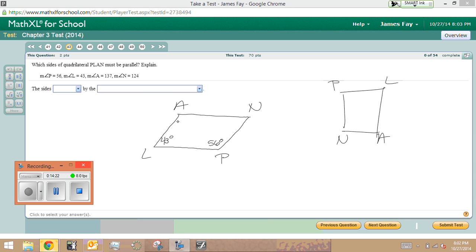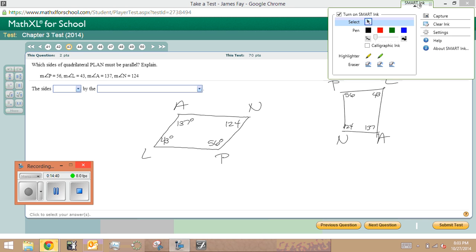A is 137. And N is 124. Okay. If I did that over here, this would be 56. L is 43. N is 124. And A is 137. Now, we have to use our idea of